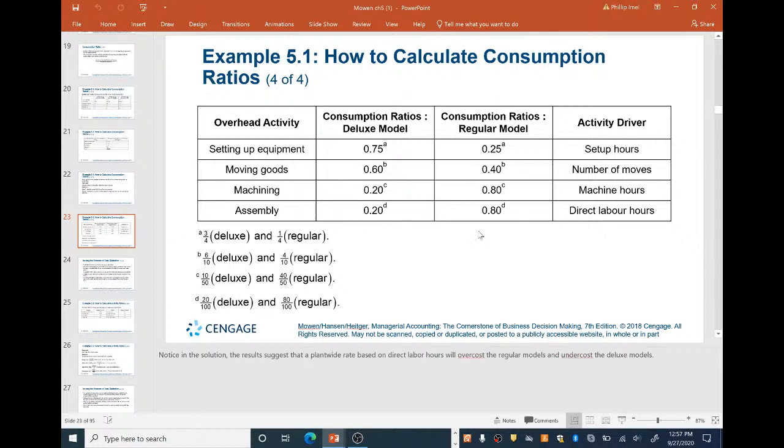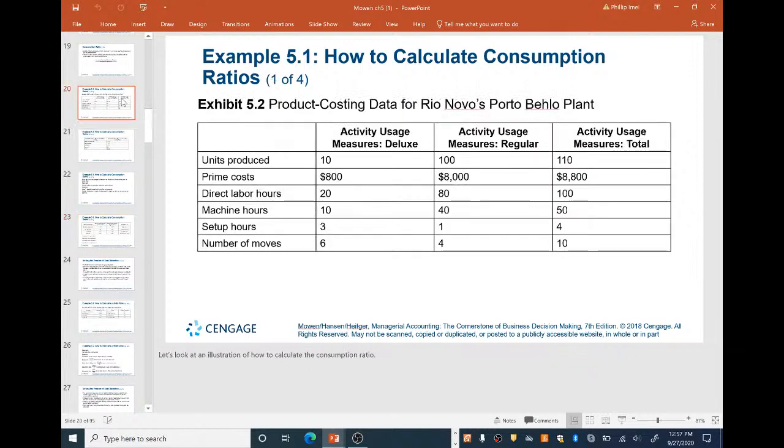So now in the middle here, you can see we have these consumption ratios, one for the deluxe model and one for the regular model. These are the actual percentages or the ratios that we would be applying to each one of these models. Now the way that we found that, you can see the little labels here, A, B, C, and D. Down here it's going to give us the formula. So 3/4 and 1/4 is 0.75, 0.25. So that's that, right? Well, the way that we got the data